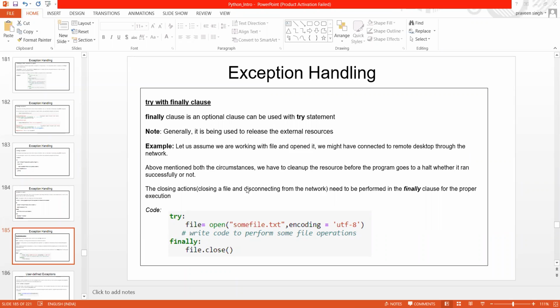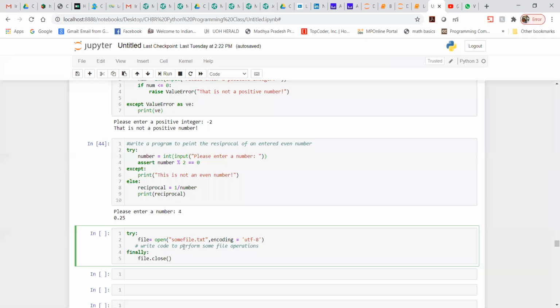Now let me write the same code for you all. Okay, let me write try, and then let me write open some file. Here, let me write open some file, and I have just mentioned encoding. Here I just wanted to close it.